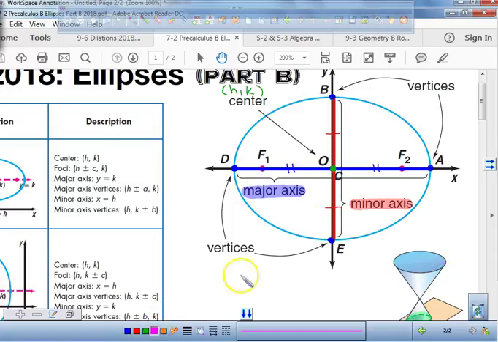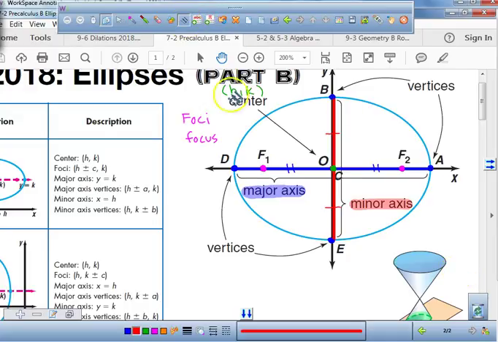Now there are a couple of new vocabulary words. These are called foci. It's pronounced fo-sigh, and it's the plural of focus. In an ellipse, you have 2 foci: focus 1 and focus 2. Now, here's the definition of an ellipse. An ellipse is a conic section where, kind of cool,